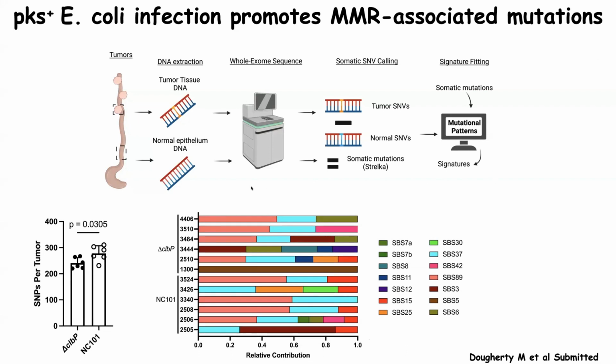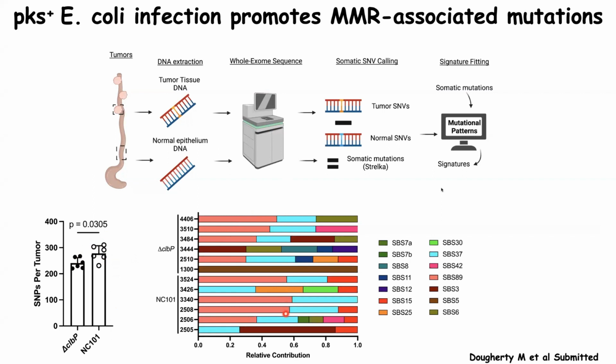So what we did here is that we were able to exome sequence tumors and off tumors. And then by calling single nucleotide variants, we could know if there is a mutational profile. And what we see here is that you could look at increased SNP number if you have an active E. coli that produces colibactin versus less. And we just studied mutational signature, and you could see there's a different pattern here.